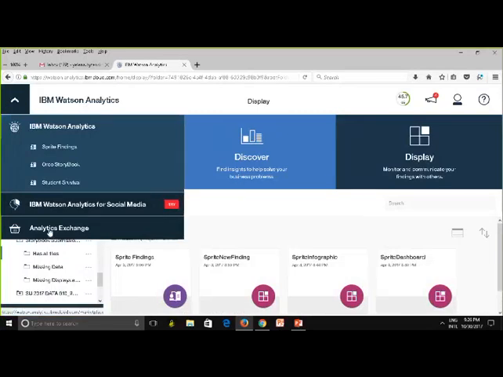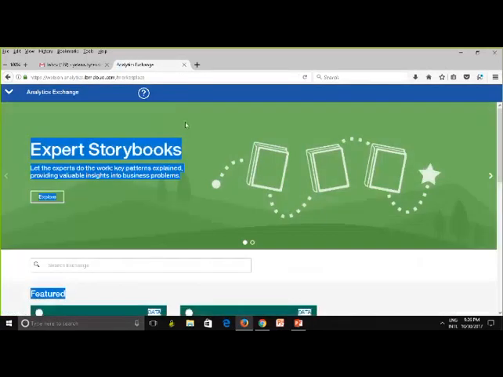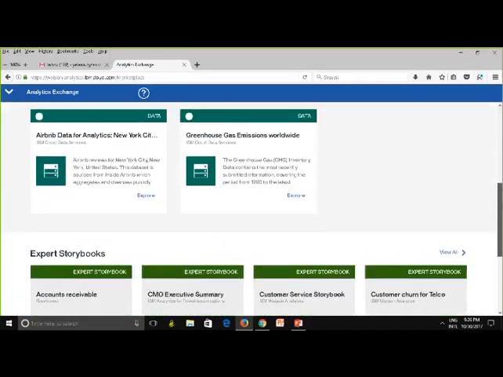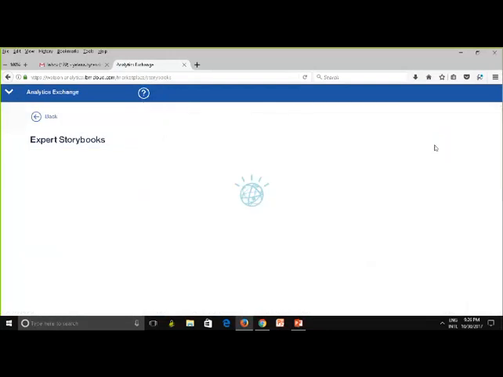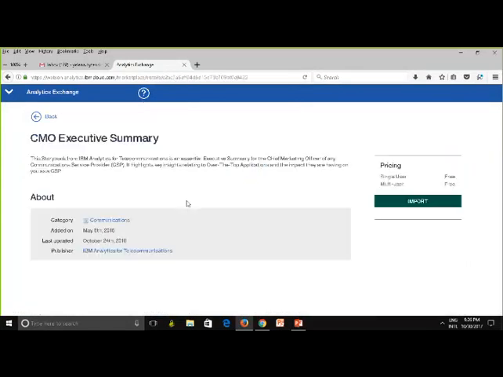I'm going to click on Analytics Exchange, and here this is called Expert Storybooks, and those are the examples, right? And if I find one that I like, I can just import it. I can pick any one, like for instance, I want this one, and I click on it, and I'm going to click on import. I'll make sure that this is free. At this time, most of it is free. I'm going to click on import,